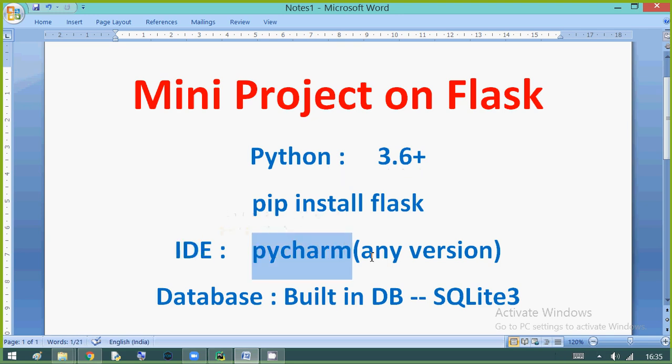You can use any version of PyCharm. And the database, which is a built-in database with Python, that is SQLite 3. So first, we understand the requirement of our project.